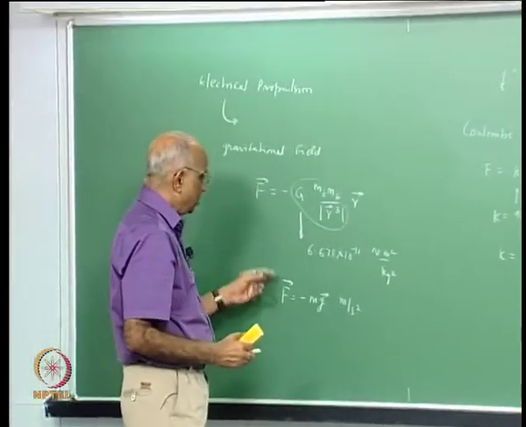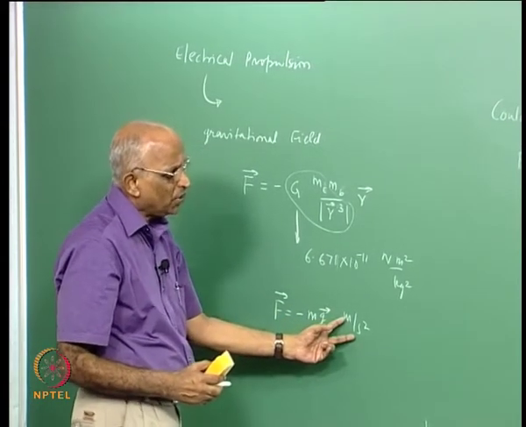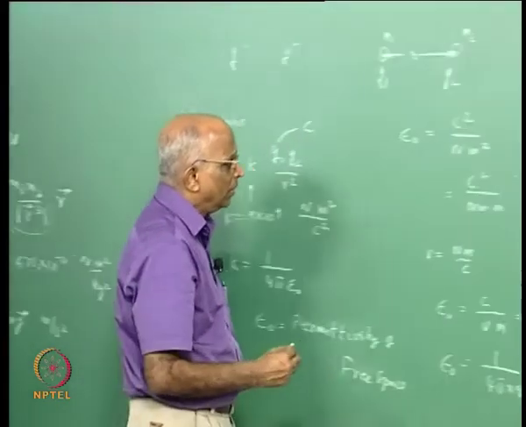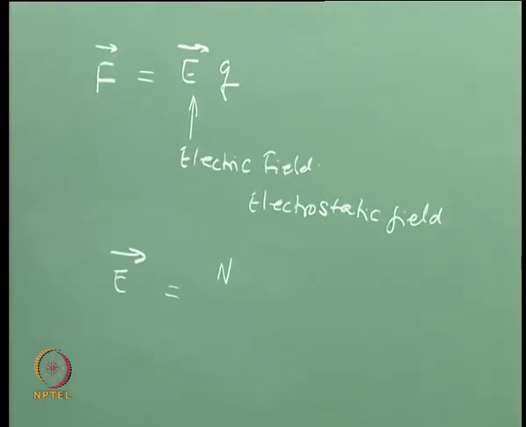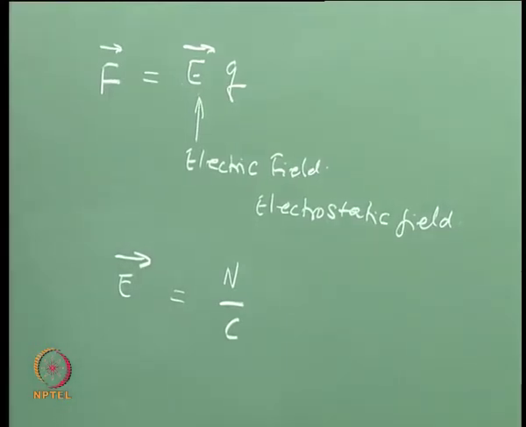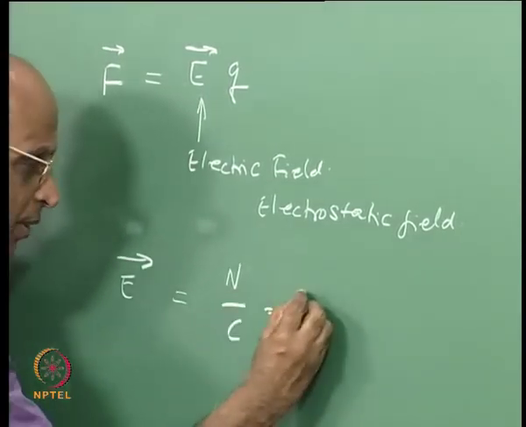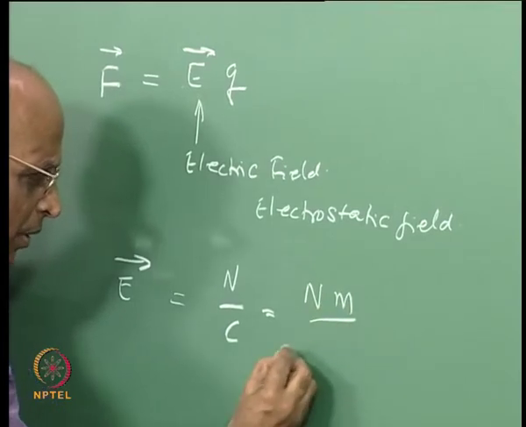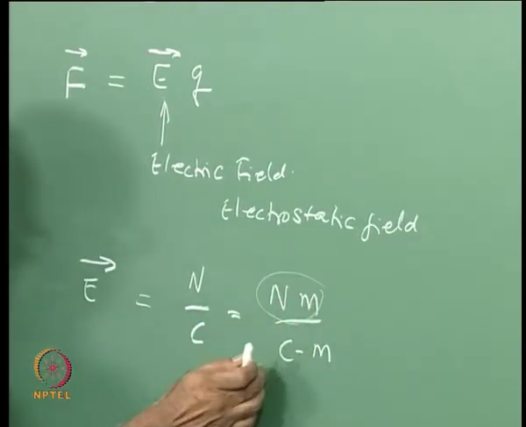For G we said G is equal to meter per second square. What is going to be the unit for E, that is the electric field? I can write it in terms of Newton divided by Coulomb, and instead of that let me multiply the numerator by meter, call it Coulomb into meter, and now I find Newton meter is the work which is done in taking a charge